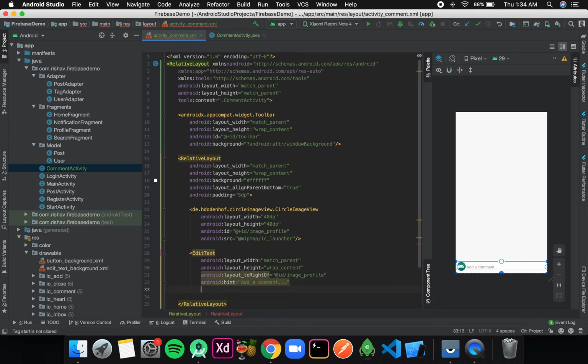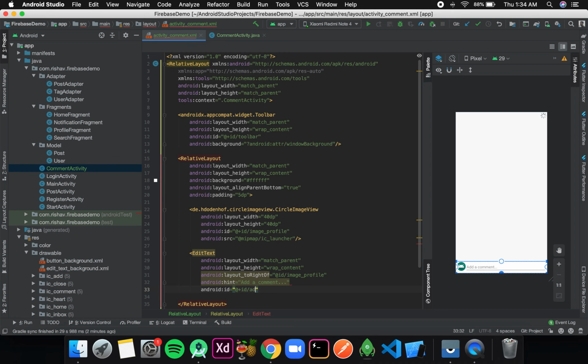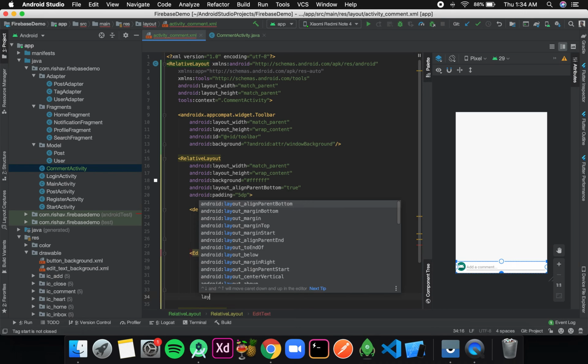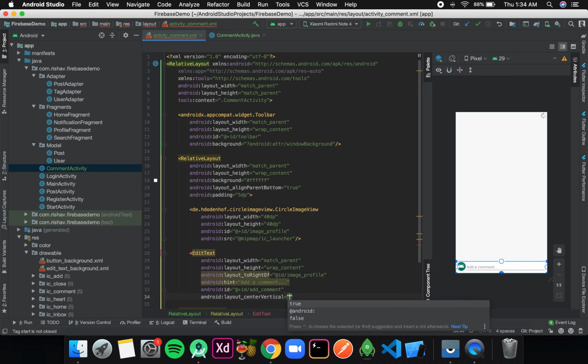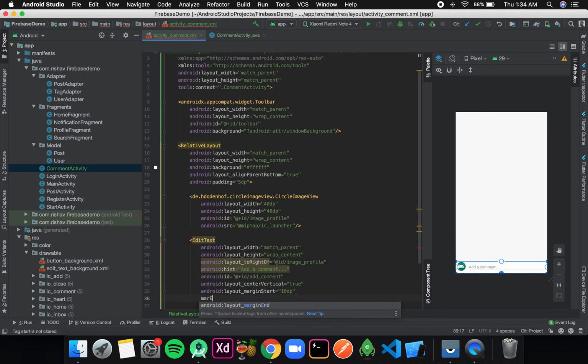Then it will have an id, say add_comment. Then layout_centerVertical as true, margin start, let's say I give it 10dp, margin end also 10dp.